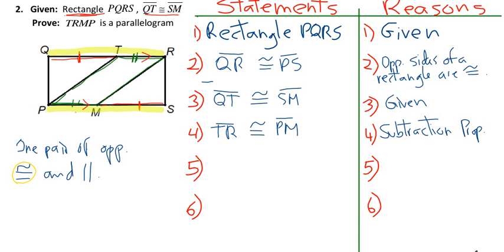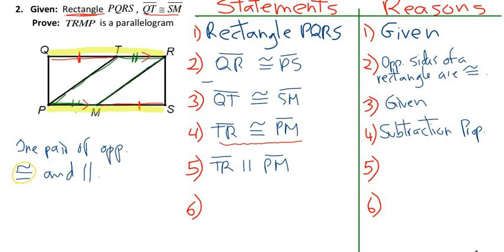And so I have now this pair of opposite sides that is congruent. I just need to show that we have the same pair of opposite sides parallel, and then we will be done. I'm just going to do that by saying TR is parallel to PM,